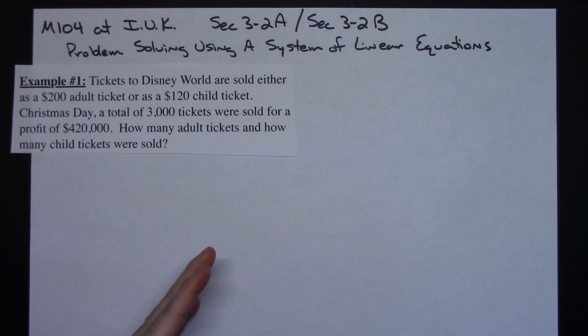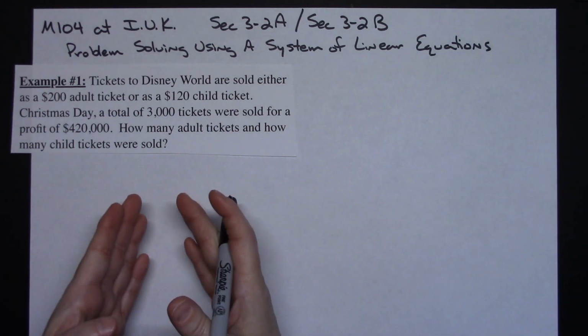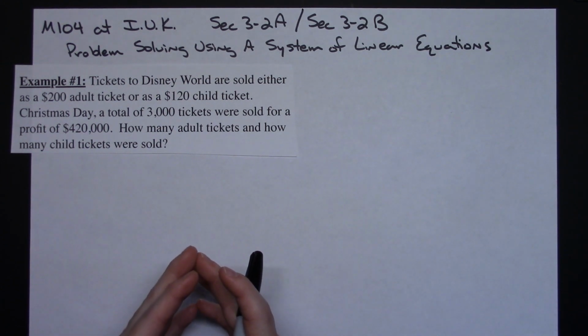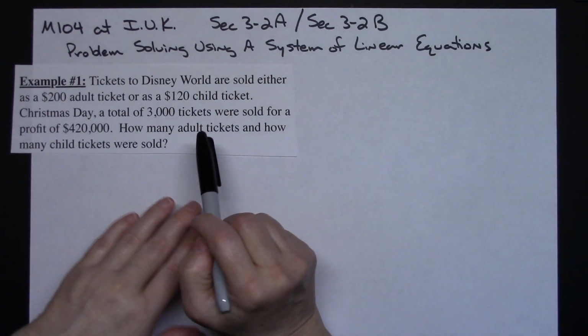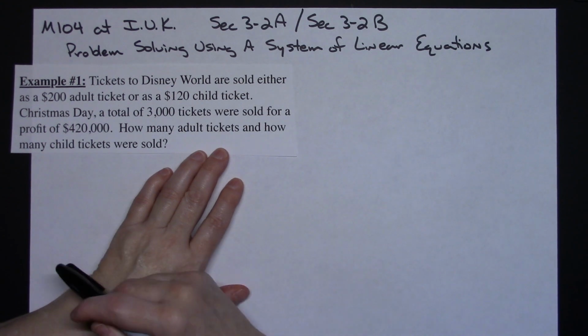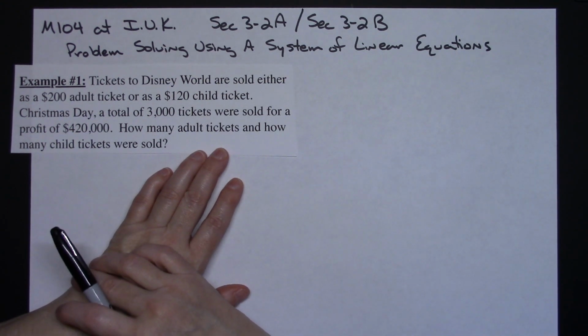Each video is going to be just one story problem so that it'll be shorter. So you will have to watch multiple videos for section 3-2A and 3-2B to hear an explanation of one of every type of story problem. So the first type of story problem here is just basic general strategy for using a system of linear